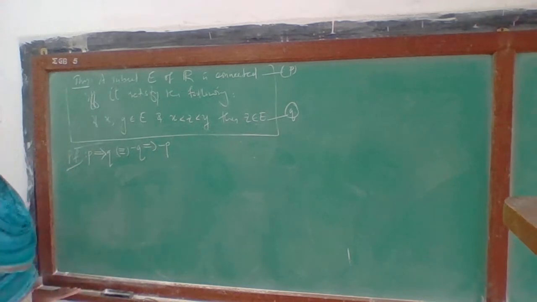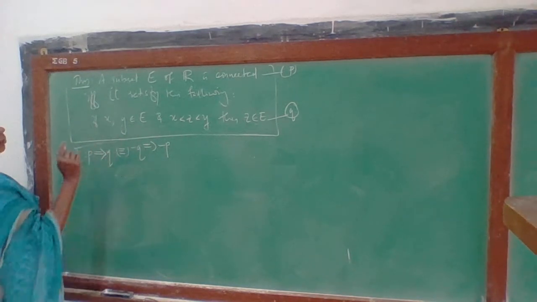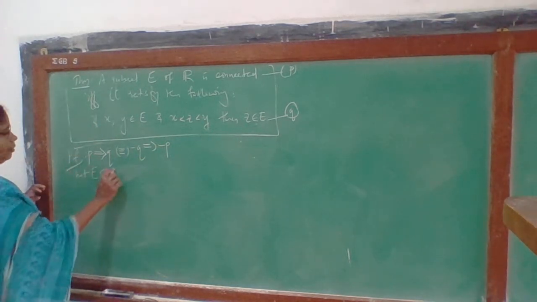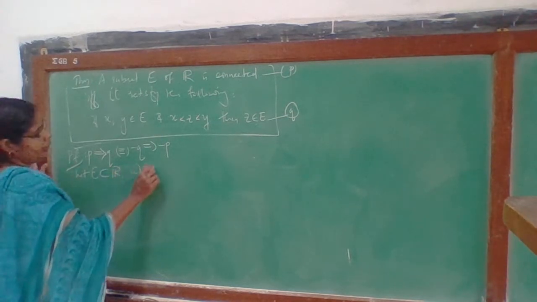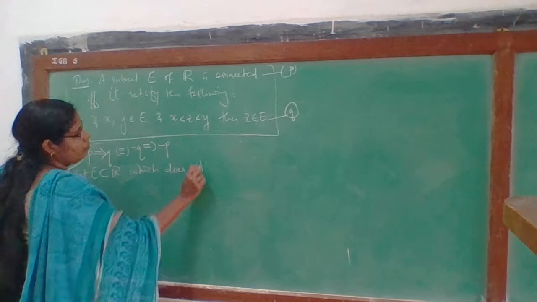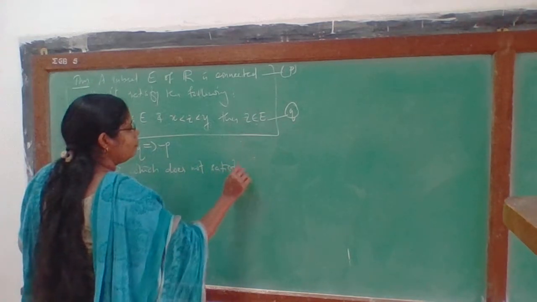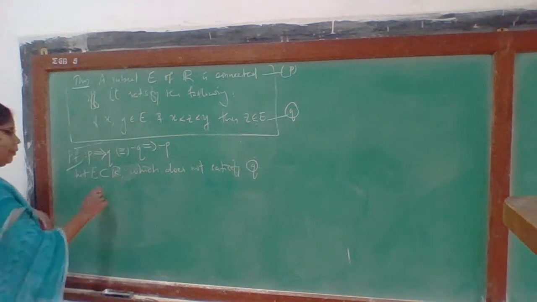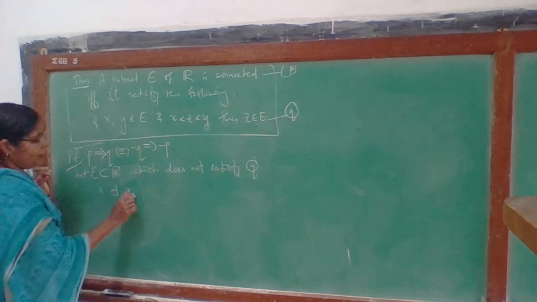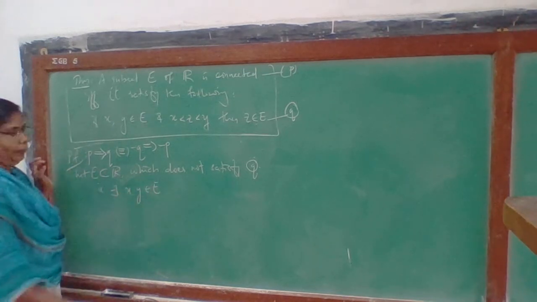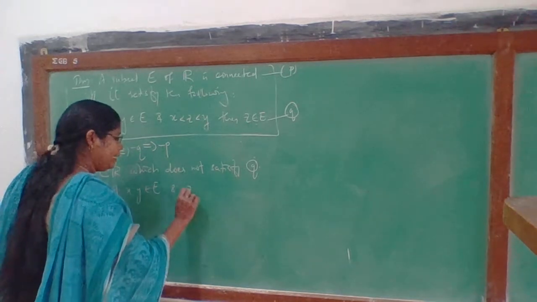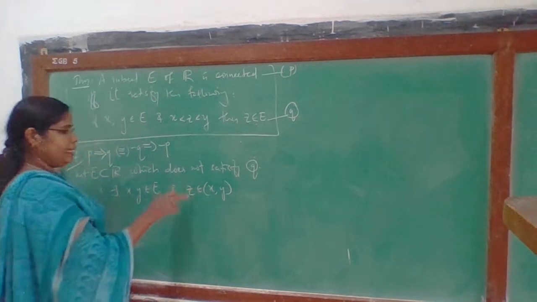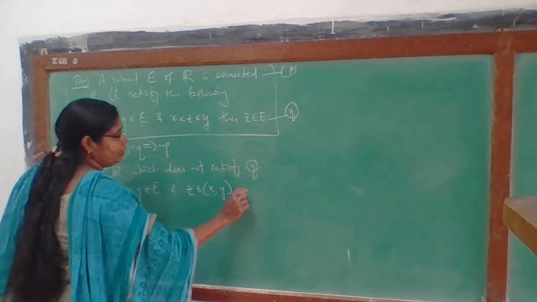So what we are going to do. Okay, so we assume E does not satisfy Q. Let E be a subset of R which does not satisfy Q. That means what? There exist 2 points x, y in E, and there is some point z in (x, y), that is x less than z less than y, such that